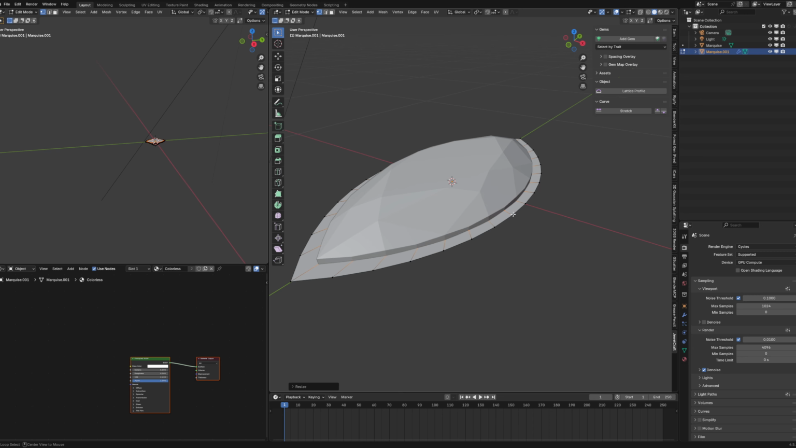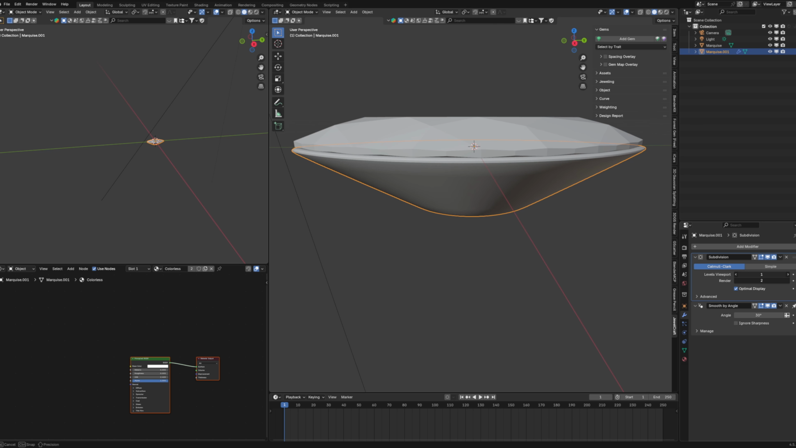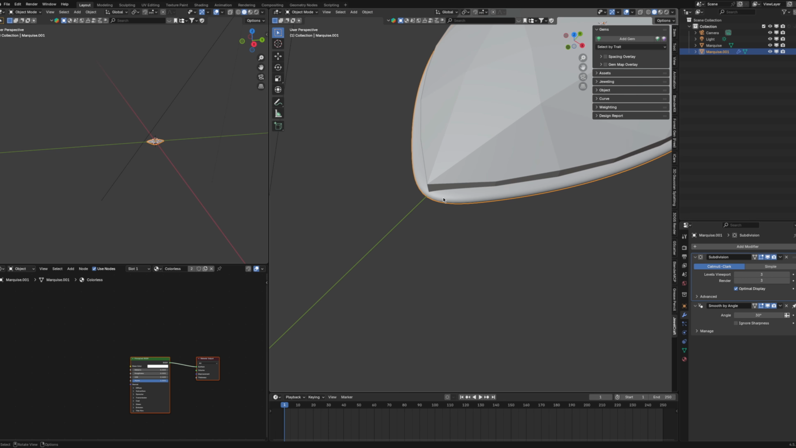Afterwards, again select this whole edge, bevel it down a bit, and that's it. For this, if you want, you can add a subdivision modifier, increase it to 3 and bring it up a bit. After adding the subdivision modifier, if these edges are not very sharp and if you want them to be sharp, just